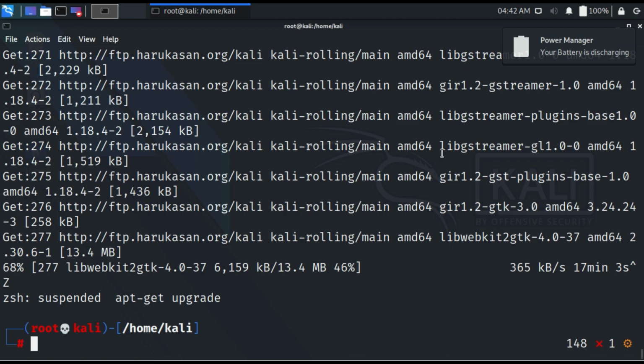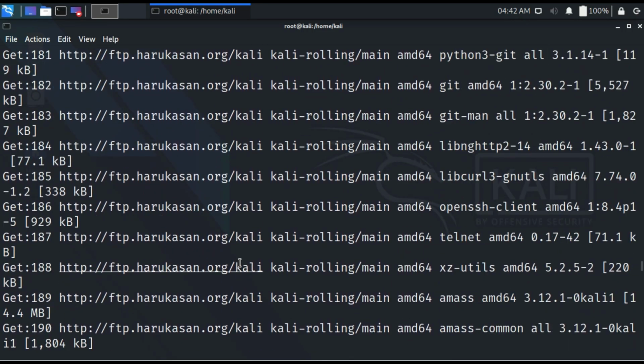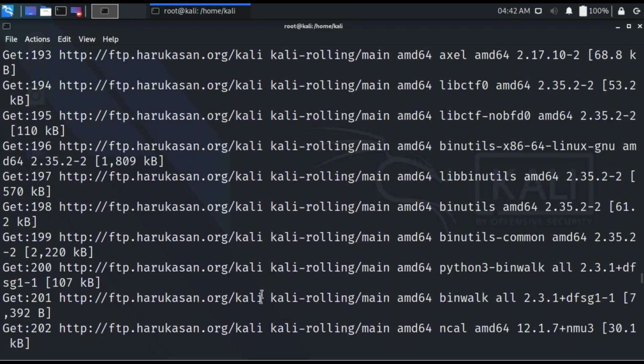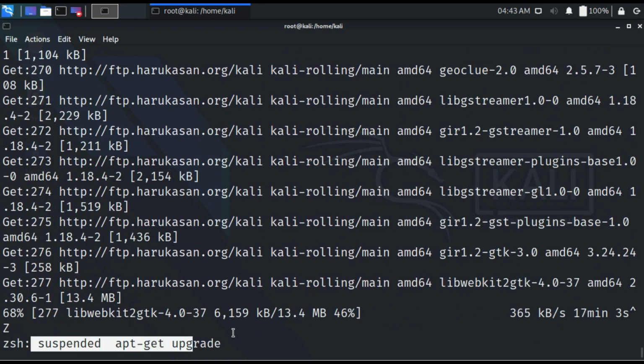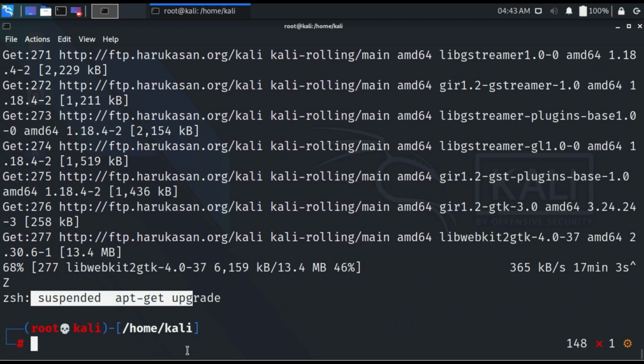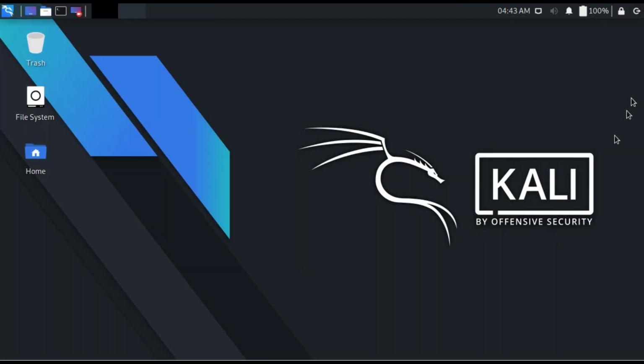So guys, it was taking a lot of time, so I have discontinued the upgrade by pressing Ctrl+Z. You can continue the upgrade till it shows that it has completed like this. When we updated, it took a lot of time, so you can do one thing. You can press Ctrl+Z if you don't want to wait. It will take almost 2 to 4 hours to upgrade, because it is not using your net. It is only upgrading the packages which we downloaded in the update. So you can clear all the things and then you can update the Kali Linux.